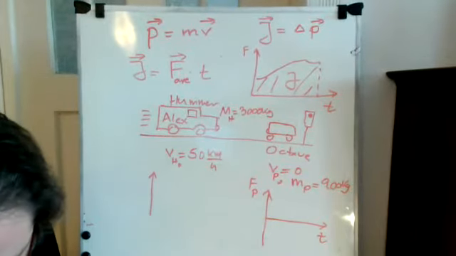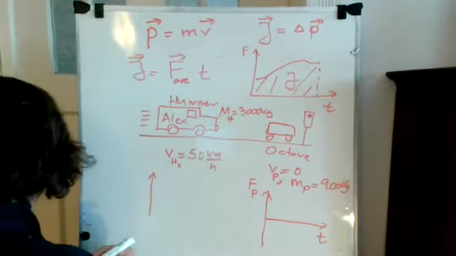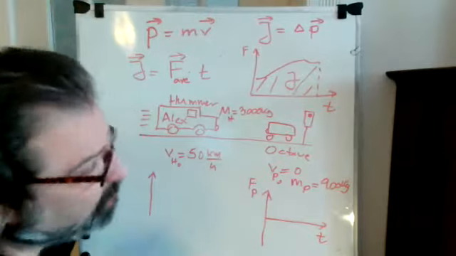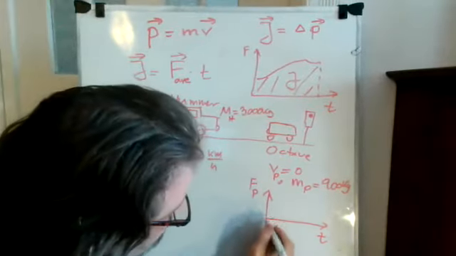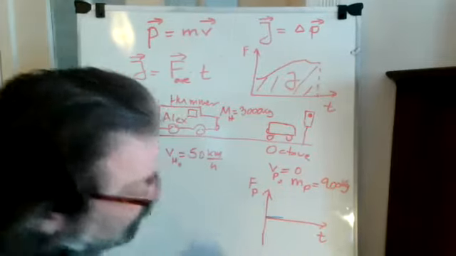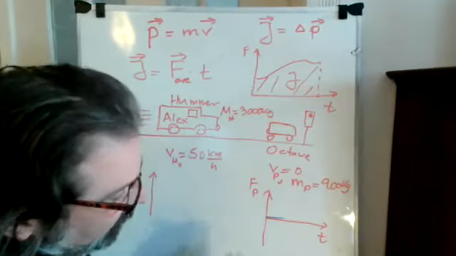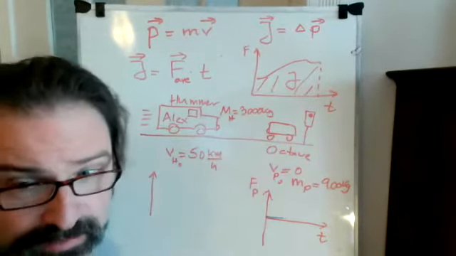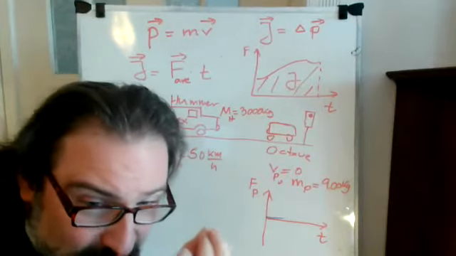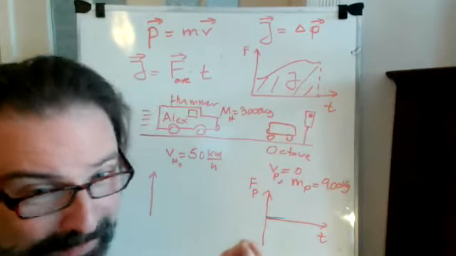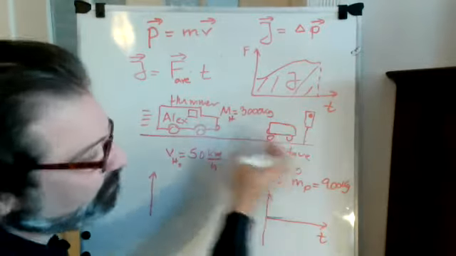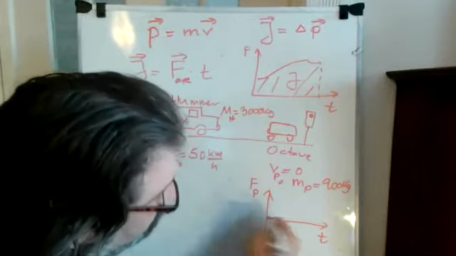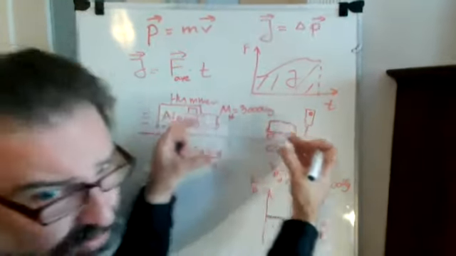We know for one thing that before Octave's car is struck by the Hummer, there's no force acting on it. It's just sitting there and waiting. And then once contact is initiated, it goes up, right? Because initially this bumper just touches the Peugeot's bumper. There's at first zero and then some force, and the force gets bigger and bigger as more of the Peugeot gets embedded in the grille of the Hummer. You can kind of imagine this. So the force goes up,